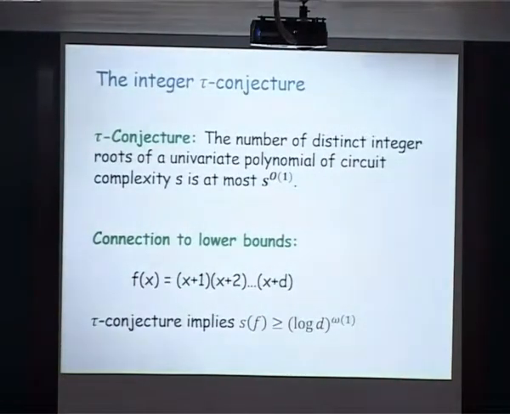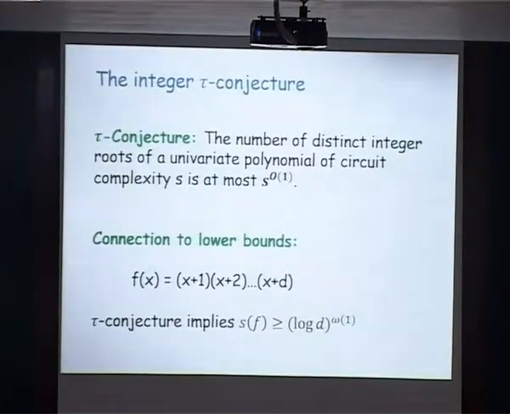But we seem to be far from proving these kinds of statements where you have to argue about integer roots of a polynomial. It involves number theory, and typically number theoretic statements are much harder to prove than algebraic statements. So